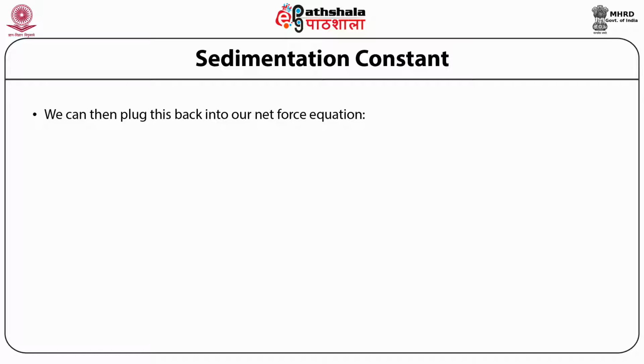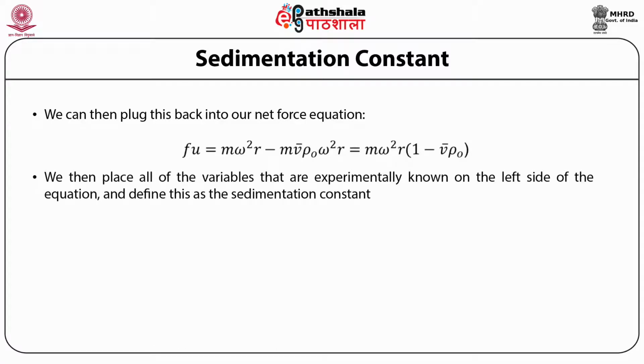If we combine all the equations together, then the net force equation is given as m omega square r minus m v naught rho omega square r equals m omega square r (1 minus v naught rho). We then place all the variables that are experimentally known on the left side of the equation, and we define